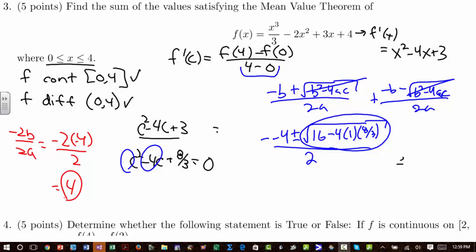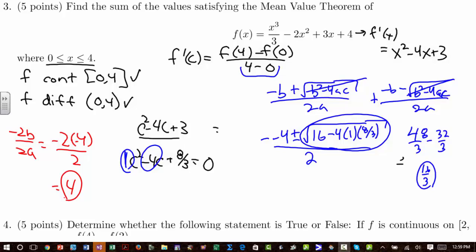When did you find that a was equal to 1? Well, I'm reading it. The a is the coefficient on the c squared term. 16 minus 32/3. That's 48/3 minus 32/3. That's 16/3,